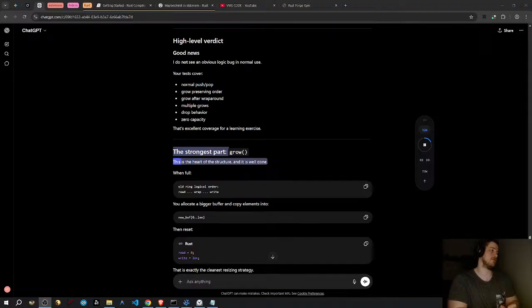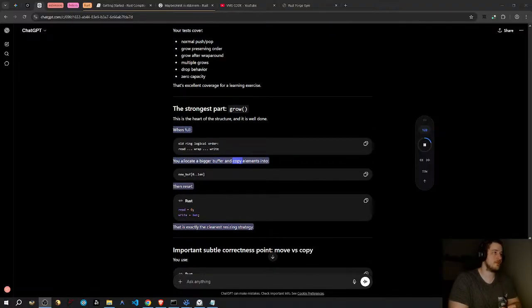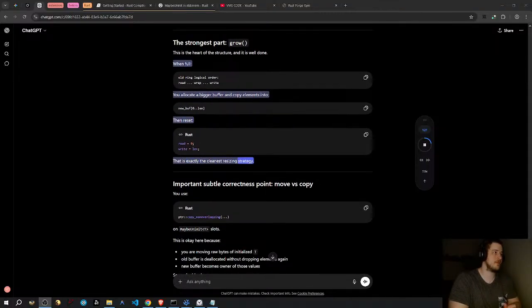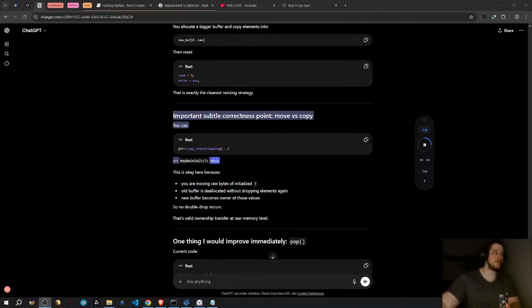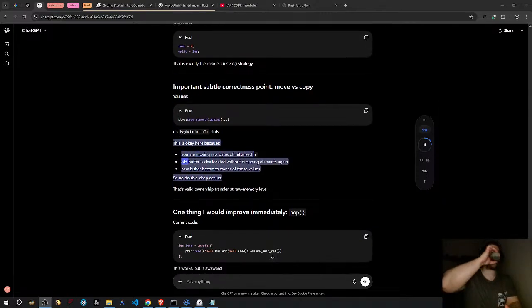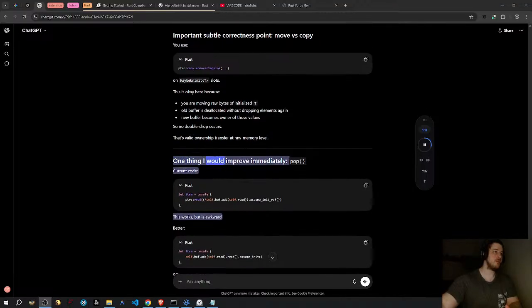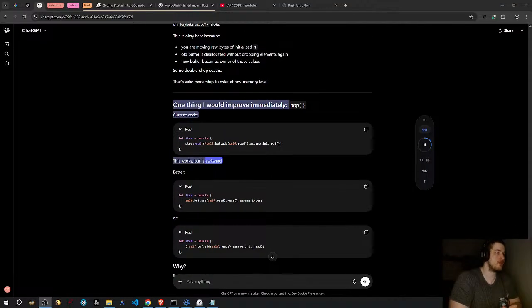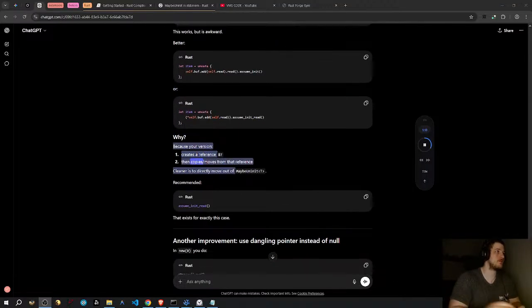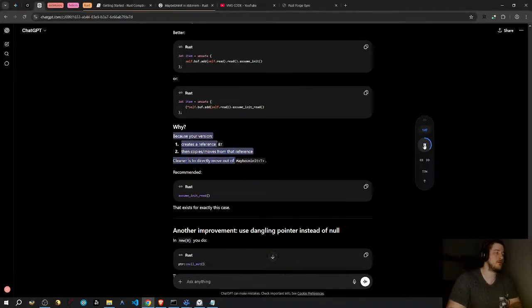The strongest part, grow. This is the heart of the structure, and it is well done. When full, you allocate a bigger buffer and copy elements into it, then reset. That is exactly the cleanest resizing strategy. Important subtle correctness point: move versus copy. You use it on MaybeUninit T slots. This is okay here because you are moving raw bytes of initialized T. The old buffer is deallocated without dropping elements. Again, the new buffer becomes owner of those values, so no double drop occurs. That's valid ownership transfer at raw memory level. One thing I would improve immediately, pop. Current code works, but is awkward. Better, and why? Because your version creates a reference to MaybeUninit T, then copies or moves from that reference. Cleaner is to directly move out of MaybeUninit T. Recommend: